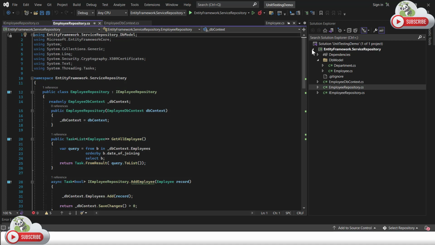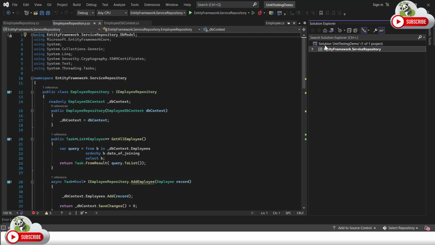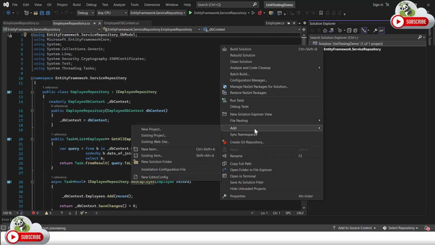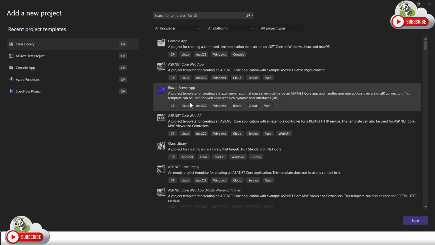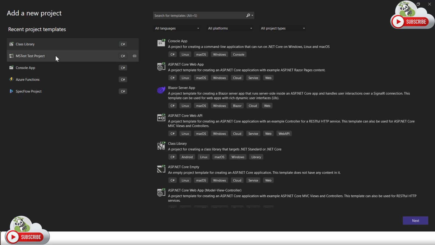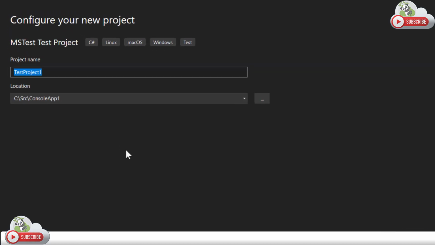For this, I'm going to create a Microsoft unit test case project. You can write NUnit, MS unit test cases, or XUnit, whichever you want to create. So I'll go ahead and create new project. I'll use the unit test, which is of Microsoft unit test case project. I'll select yes, next. I'll give it a name as in